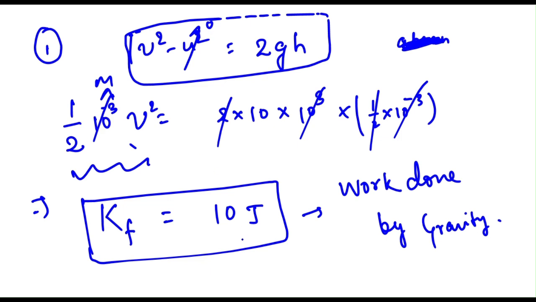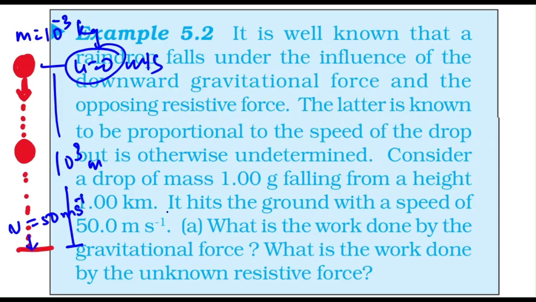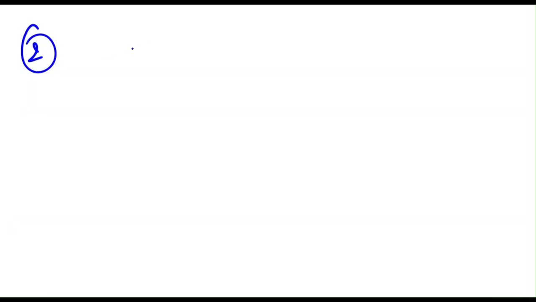Okay, what if we consider that there is resistive force? So let's take the second situation when there is resistive force. For that, here we have the final velocity given already. Look, 50 meter per second. So the final velocity is 50 meter per second. Mass is given here, which we have converted into the SI system. So in the presence of drag,